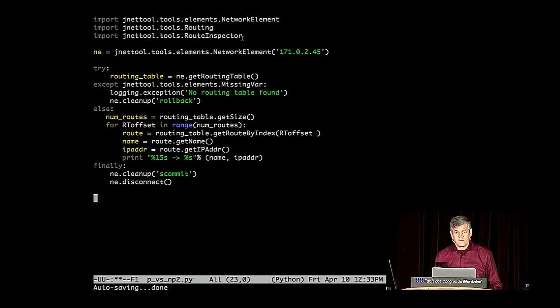This API came from Java. And I don't mean Java-esque in a pejorative sort of way. In fact, there was an API for this SDK written in Java, and an automated conversion tool converted the Java bindings to Python bindings so that people could write this Python code. Which is why all of the naming conventions here look Java-esque, the get routing table. It's why the code reads like Java. And Java, properly written, looks very close to this. And Java is a pretty decent language. But